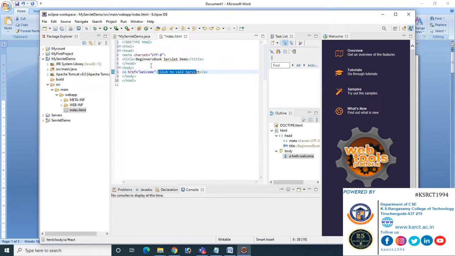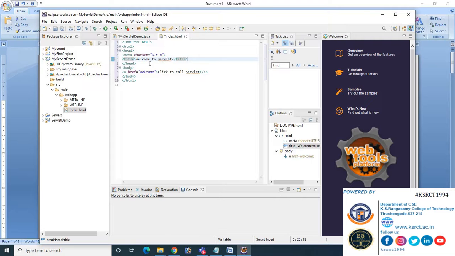In order to perform that mapping, we are in need of XML file. So let us give the name. Let us change the name. Welcome to servlet.